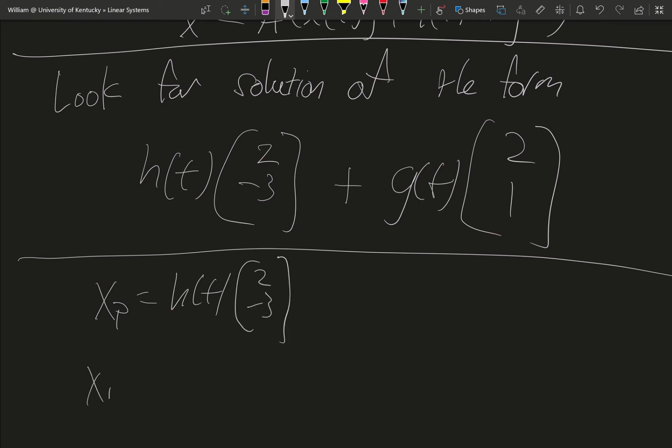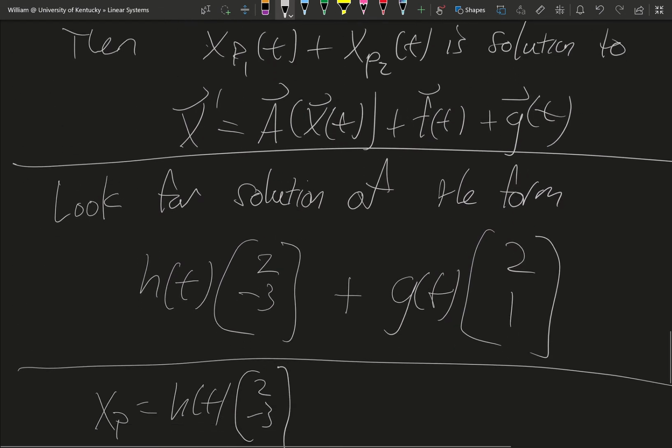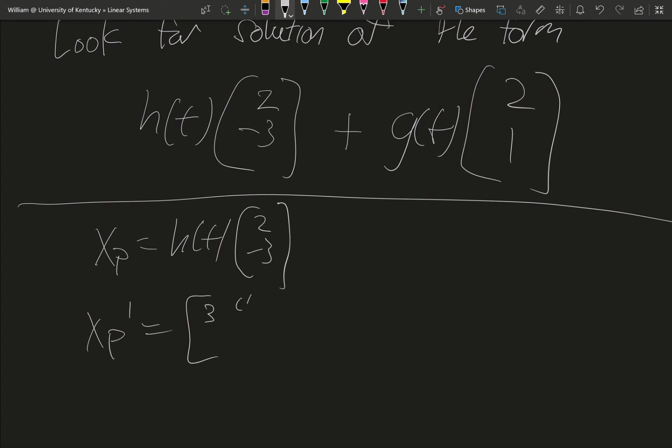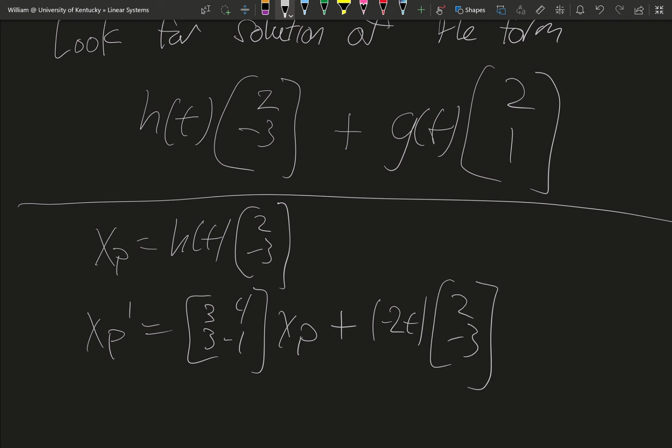And so then we have xp prime equals our matrix A, 3, 4, 3, negative 1. And then instead of the whole solution, it's just going to be the part corresponding to this eigenvector. So that is going to be a negative 2t times 2, negative 3. All right, so we get h prime times 2, negative 3 equals